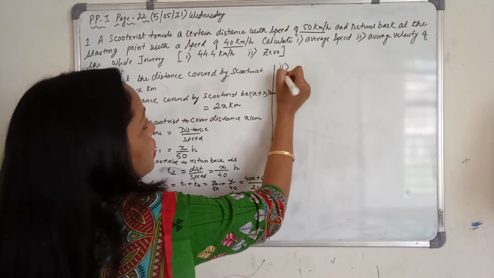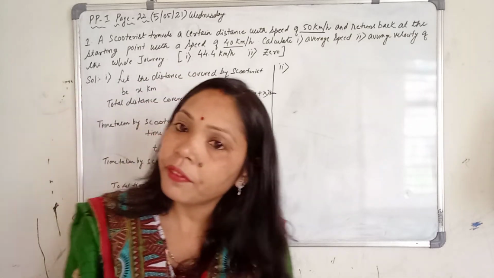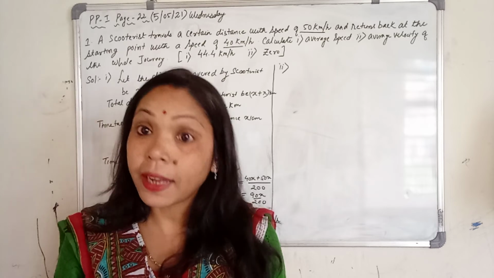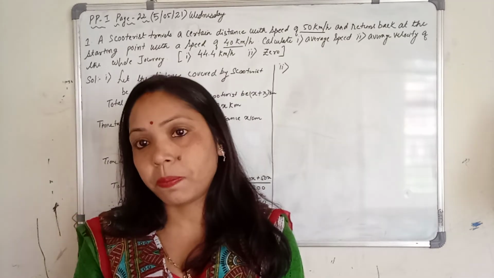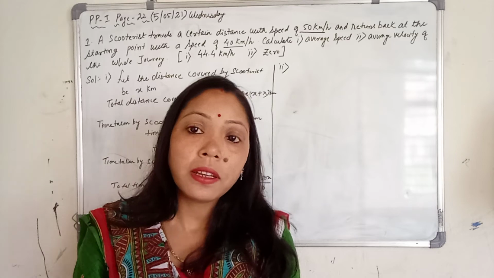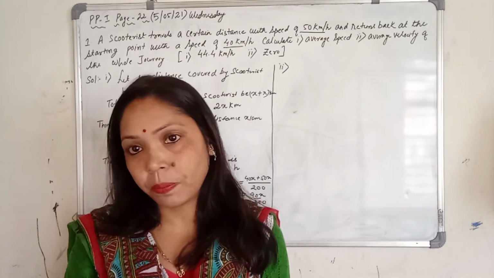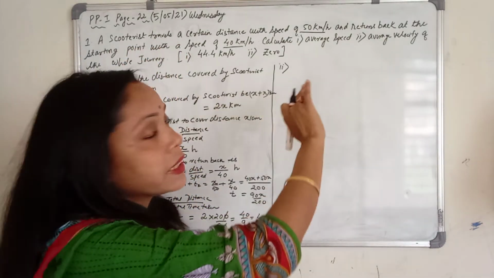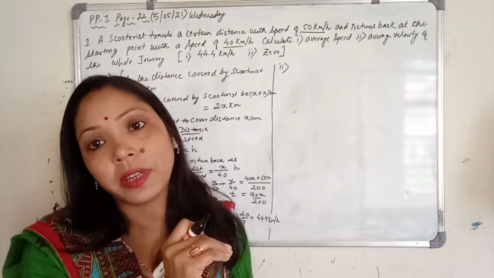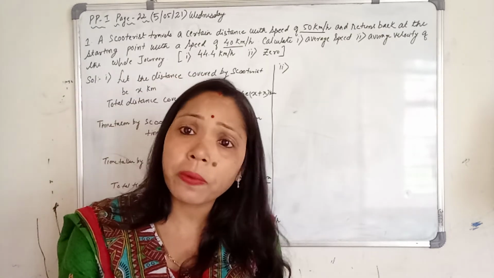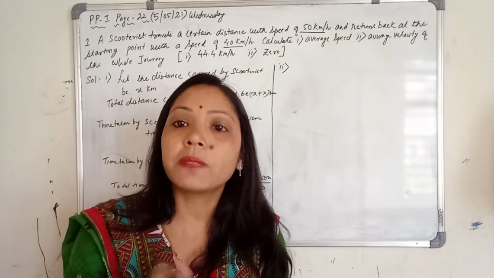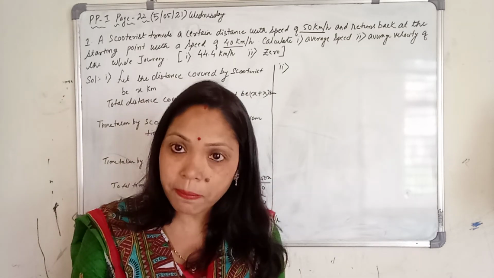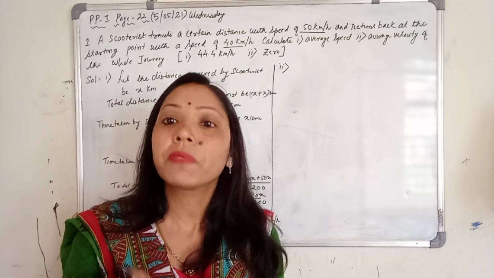Now see the next one. Number 2, average velocity. Average velocity means displacement divided by time, net displacement. Net displacement means final position minus initial position. Now if you see in this question, the scooter covers a certain distance, then comes back to its initial position. So what will the displacement be? Yes, displacement will be 0. Whenever the initial and the final point are the same, displacement will be 0.